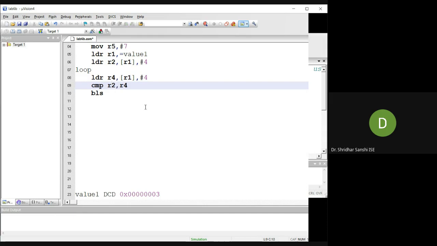So if R2 is less than R4, what will be the result? Positive, negative or 0?